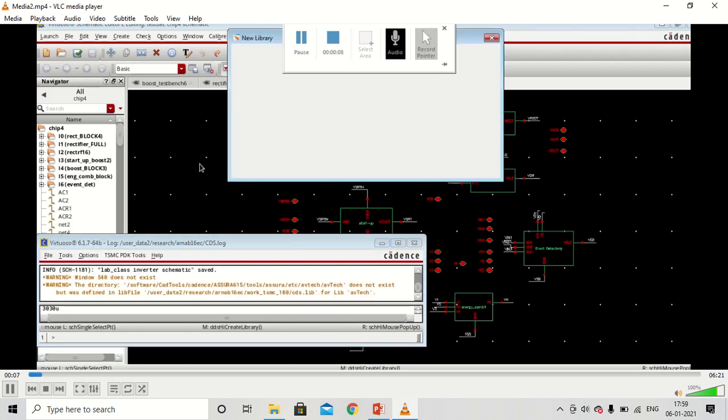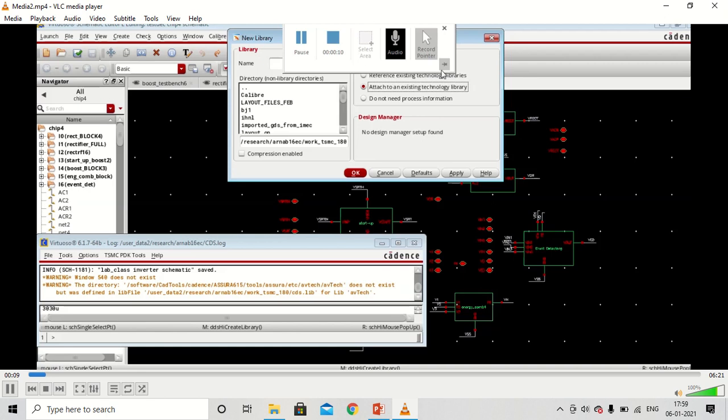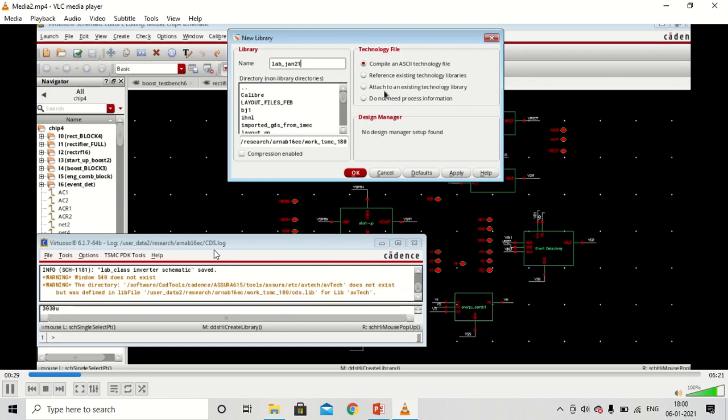Go to File, New, Library. So we have to give a name to the library. Let us call it Lab January 21.